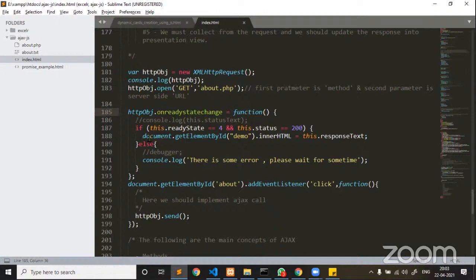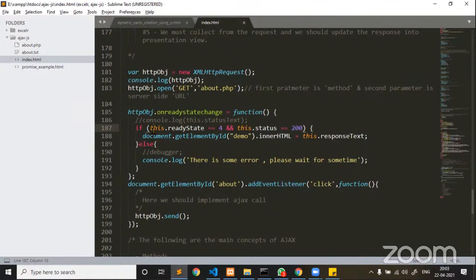Now here we are checking the ready state. As I already said, when you are sending a request from client side to a server, you must decide whether the state is 4, or 2, or 3. As I already said, if the ready state is 4 and the status is 200, that is known as success. All other scenarios are a failure.